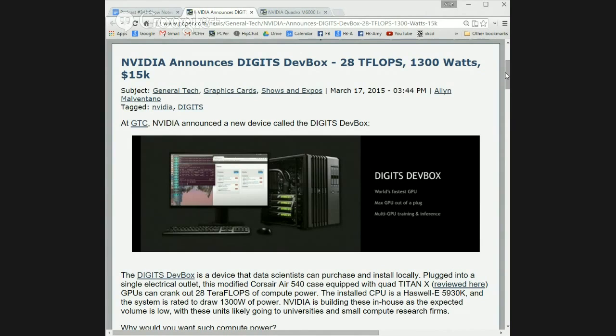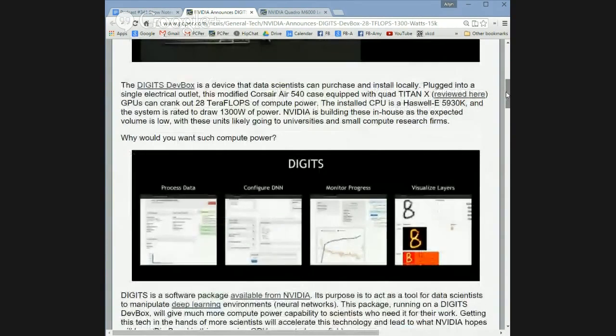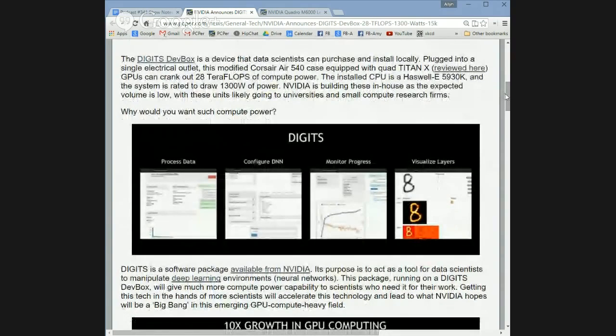Now, this is something you cannot do with the AMD fire-breathing GPUs unless you actually connect an arc welder to the computer to make the power supply, I would imagine, right? So this system, even as power efficient as a Titan X is, still draws 1,300 watts. That's about as much as you can squeeze out of a single US wall outlet. And it's rated at 28 teraflops, which is nothing to sneeze at